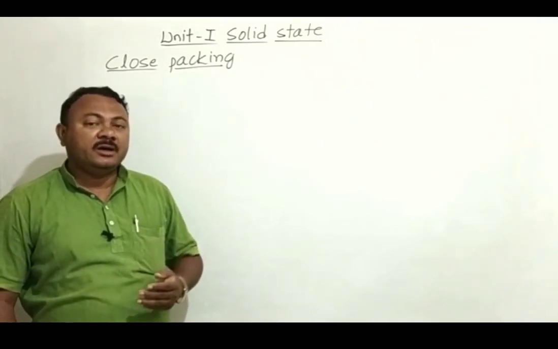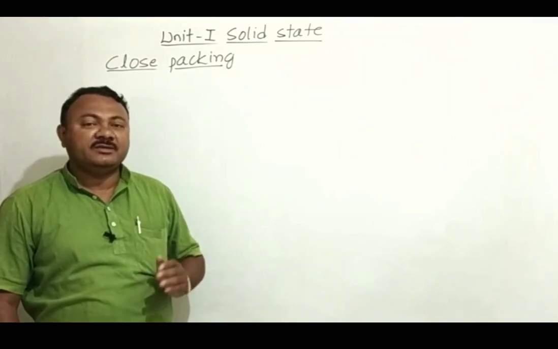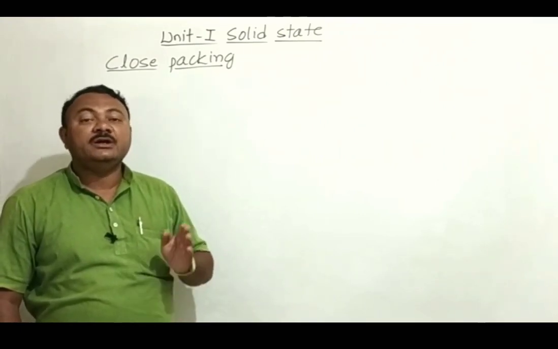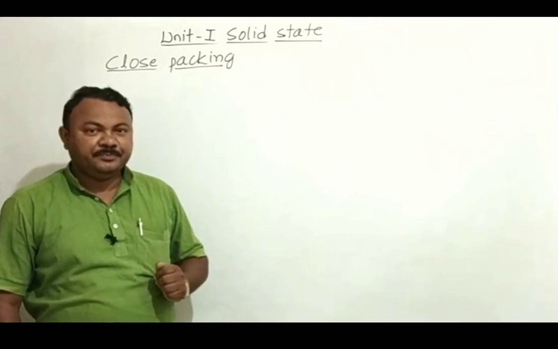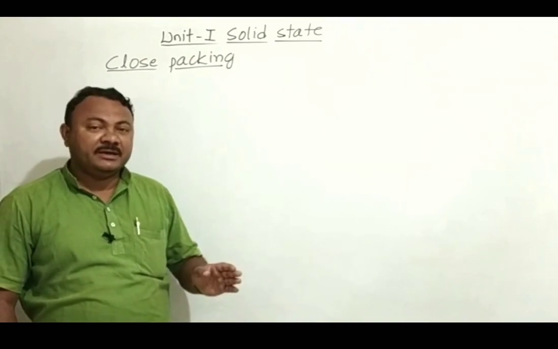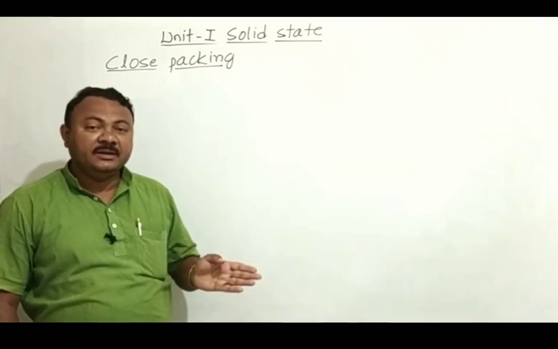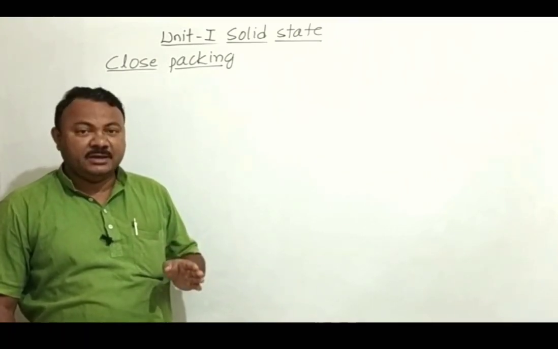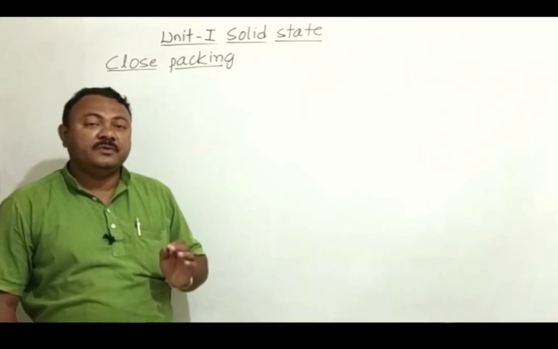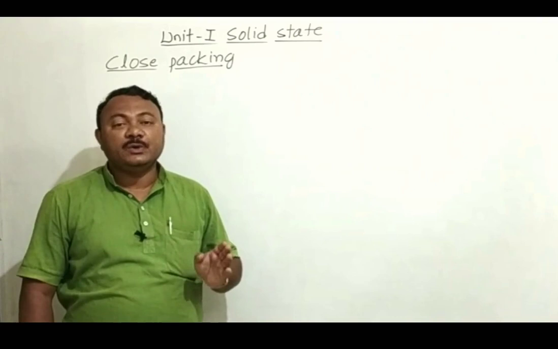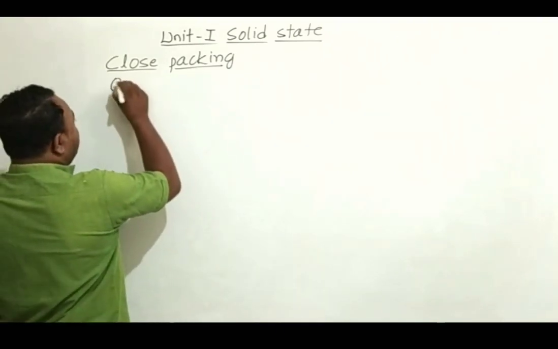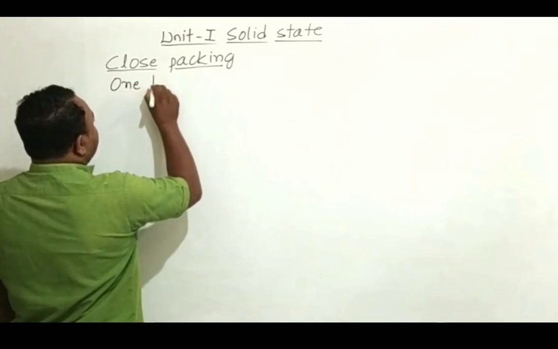Now you may be thinking that crystalline solids are having three-dimensional structures. Why learn one-dimensional, two-dimensional close packings? We are going to build three-dimensional close packing by using one-dimensional and two-dimensional close packing. So all are having some links in between them. Therefore, we are going to start first with one-dimensional close packing. Now see, we are moving to the first part in the close packing.